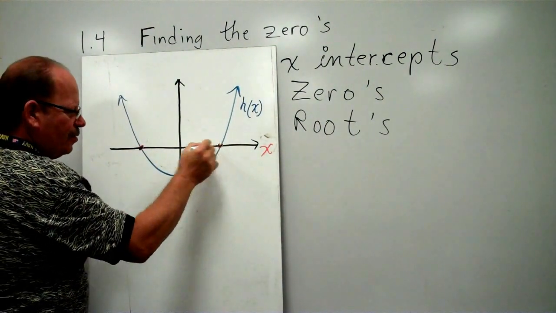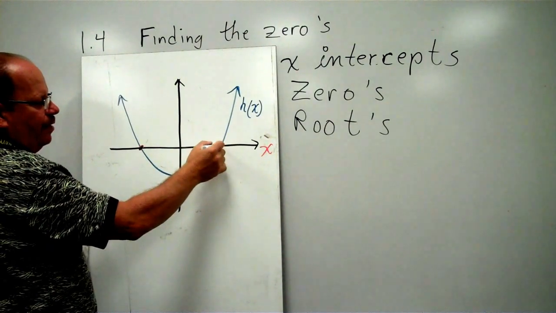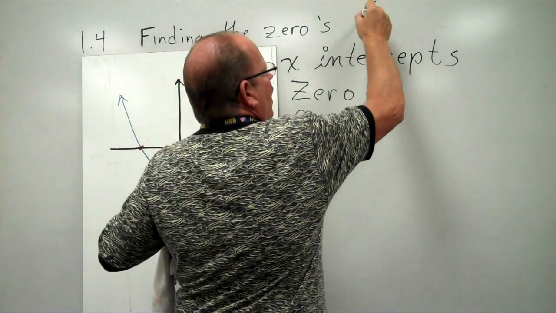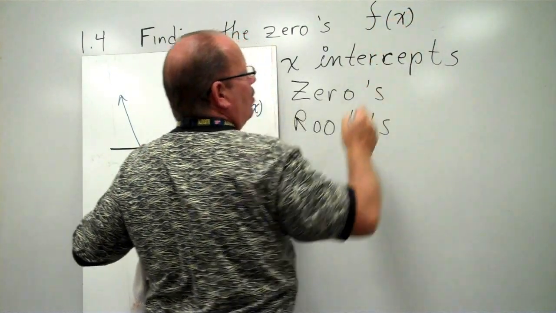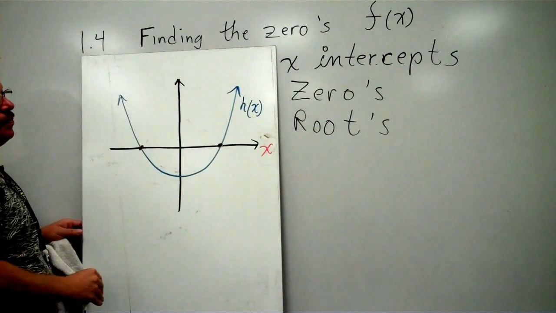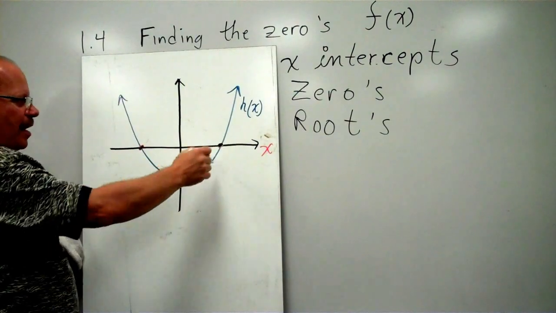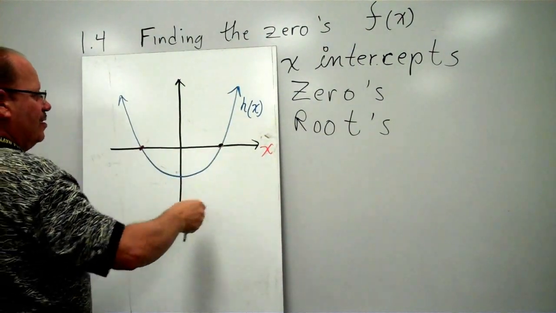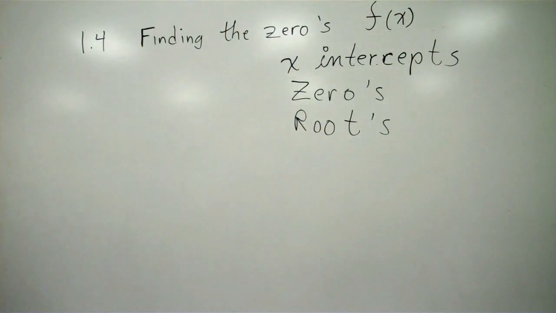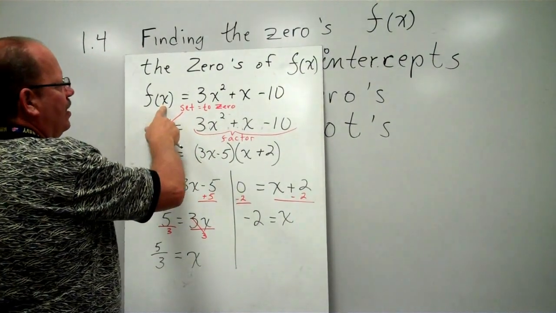Roots, because if x were the ground, this is where the graph crosses underground. Zeros, because this is where f of x is 0. F of x, in other words, the y value. X-intercepts, because it's where the graph intercepts the x-axis. Okay, so algebraically what that means is we're going to have to set the function f of x equal to